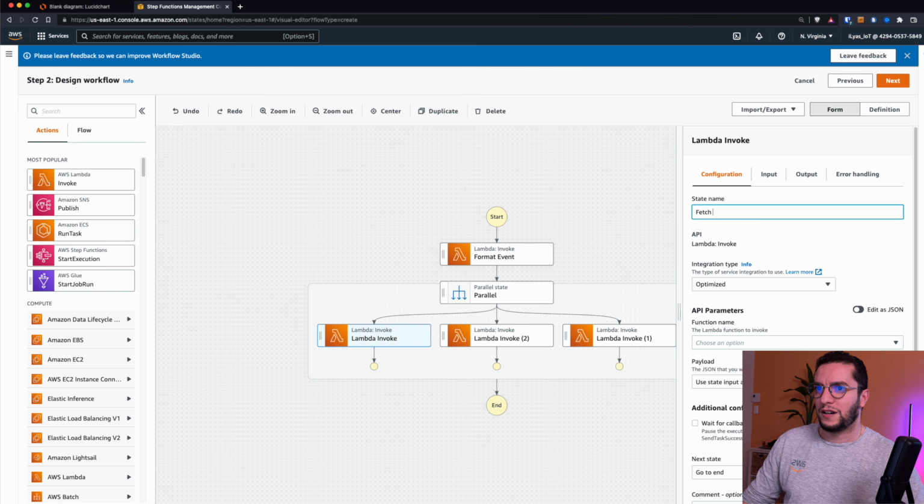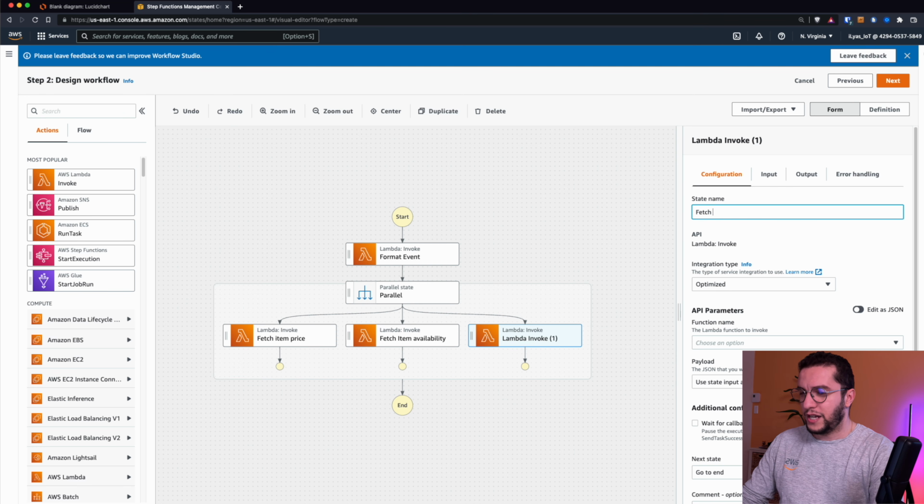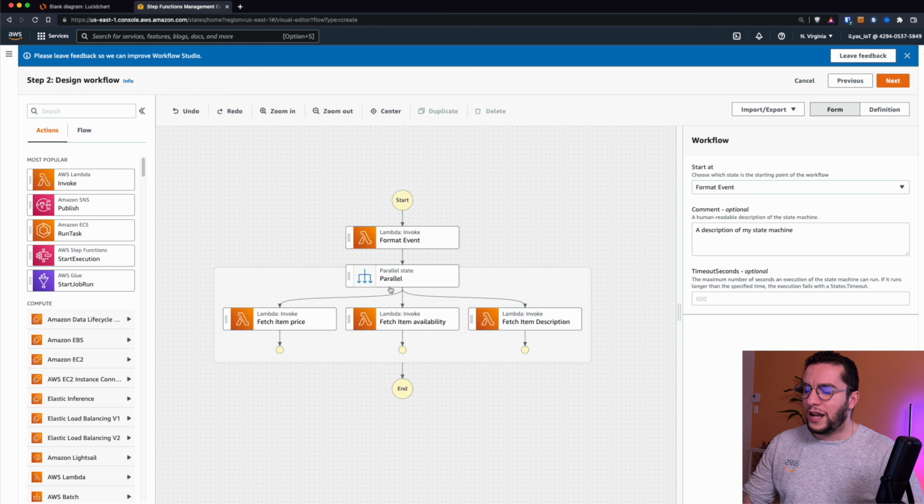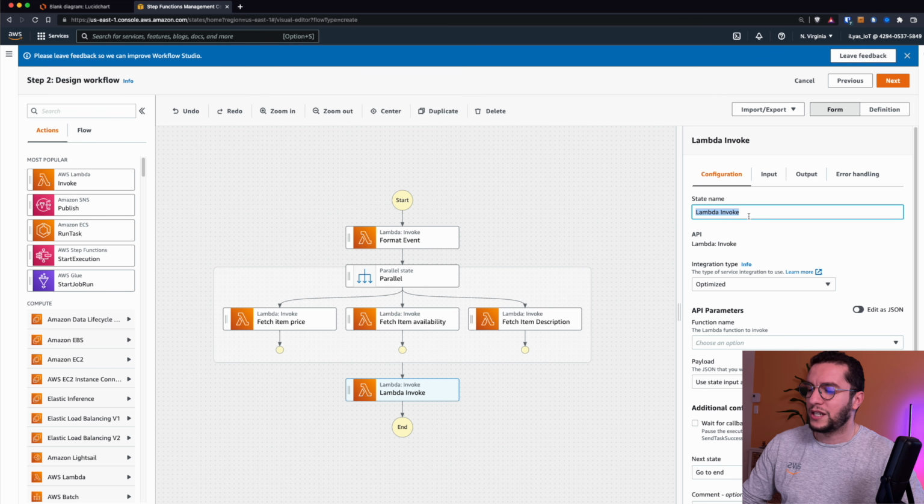This one is gonna be fetch item price, right? This one is gonna be fetch item availability, and this one will be fetch, let's call it description, fetch item description. All right, and now I have 1, 2, 3, so we have 4 steps here. What else? So I get all these 3 actions, these 3 details, and now I want to combine them and merge them. So I will add another Lambda function here that